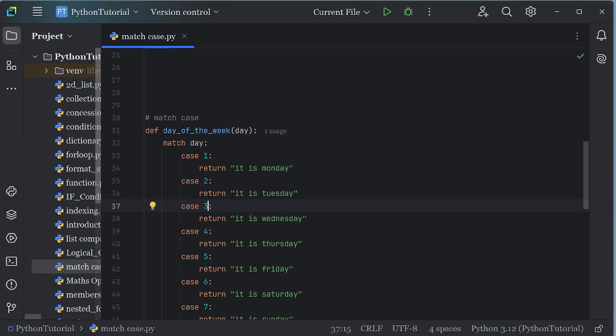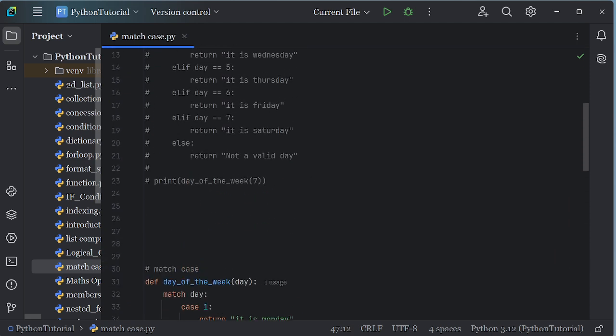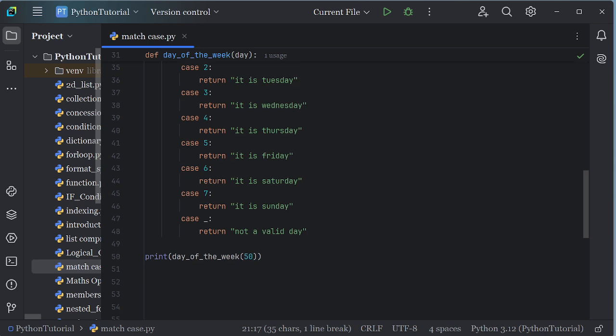All right, so case 3, it is Wednesday. Case 4, Thursday, like that. To case 7, return it is Sunday. But now the final else that we have here, that will bring this one out now is this,